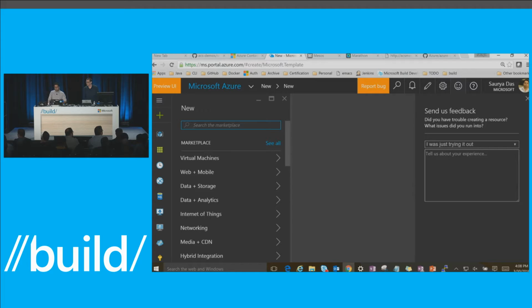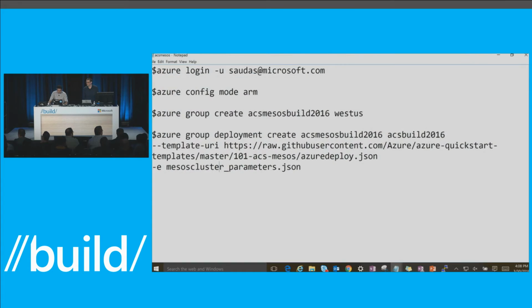And this is one way of deploying the cluster. The other way of doing it is through the command line interface, and I'm going to show you that. It's very simple, 4 commands. The first step is, of course, you have to log in using your credentials. And then you have to set the configuration mode to ARM. You can deploy Azure Container Service only using the ARM mode. And the third step is you create a resource group with this name in the West US location. And then this is the final command that actually